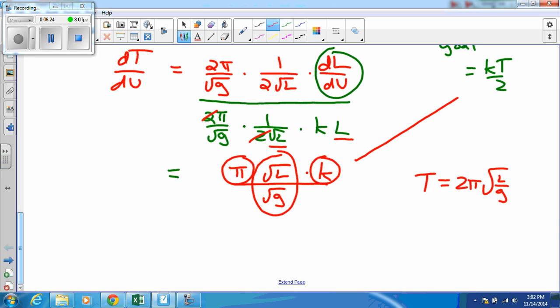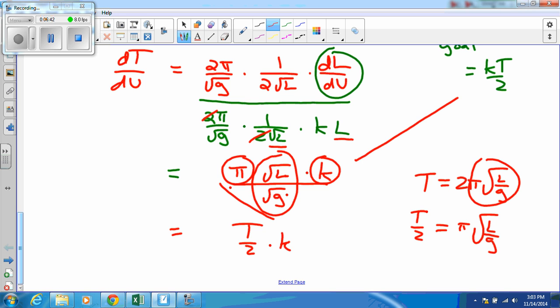And if I look, I can see I have a pi, I have a root L, and I have a root g sitting right there. I have all this. So it makes sense then to do a little bit of solving and say that T over 2 is equal to pi times root L over g, so that I can replace all of this with T over 2. And lo and behold,